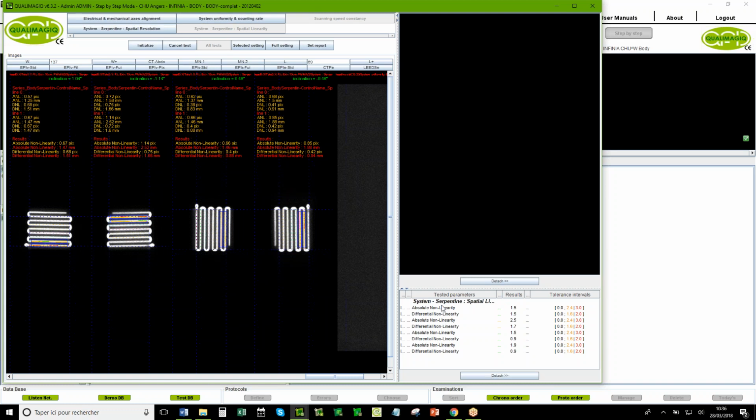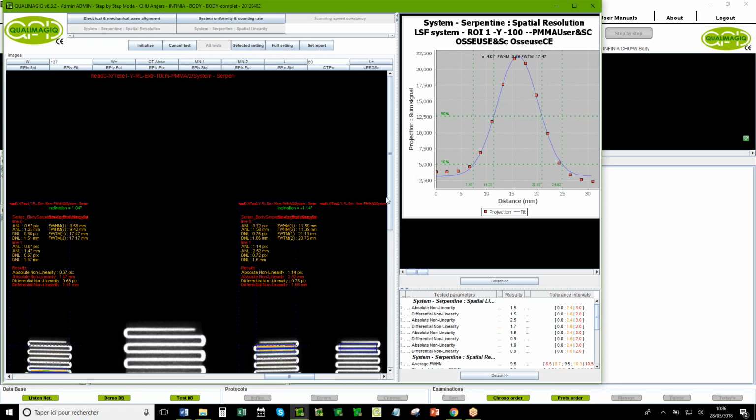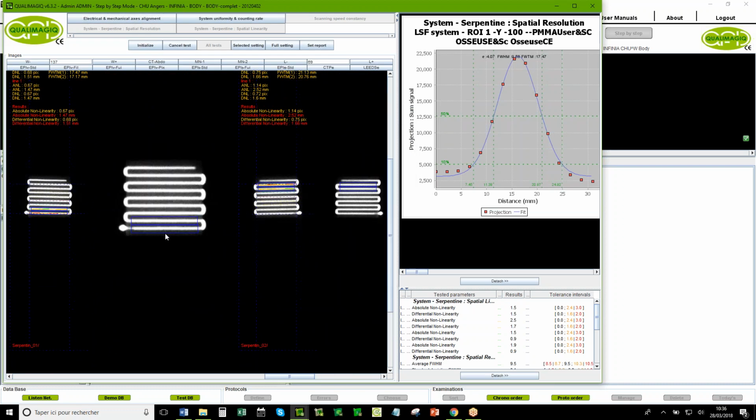So it's what we test. We want to be sure that a line is really a line. So it's really the same method as before in the planar mode. After you can evaluate the, I want to zoom a little bit, the spatial resolution. Here you can see for the spatial resolution, they use two lines.